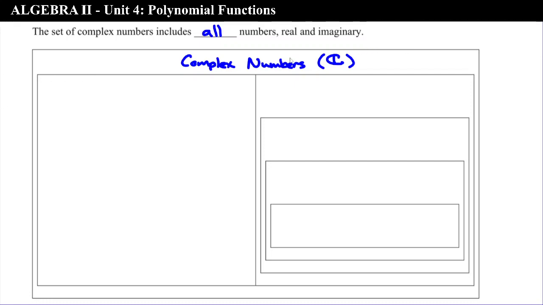Now, the complex numbers set is made up of two different types of numbers, some that are on this side and some that are on this side, and they are exclusive. So there's no blending of these numbers. You can have either imaginary numbers, and that is indicated by a double-struck I, and then you can have real numbers,